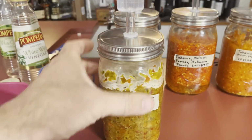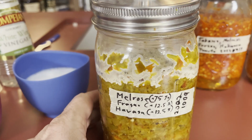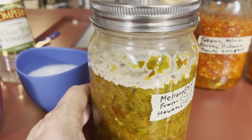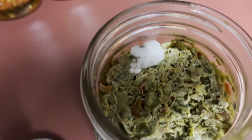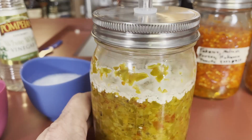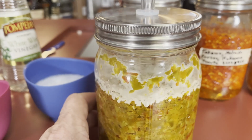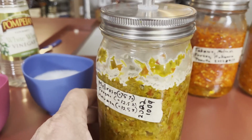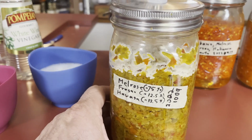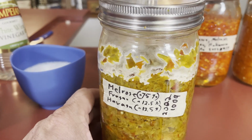Since I'm at it, this is a batch that didn't turn out so well. So you can see in here the mold. Actually, this isn't so bad. I had to scrape out mold a couple times in here trying to keep it alive, but eventually it just took over, and I'm going to dump this batch because there's too much mold in there. It also had a late start. I think the issue with this one is that